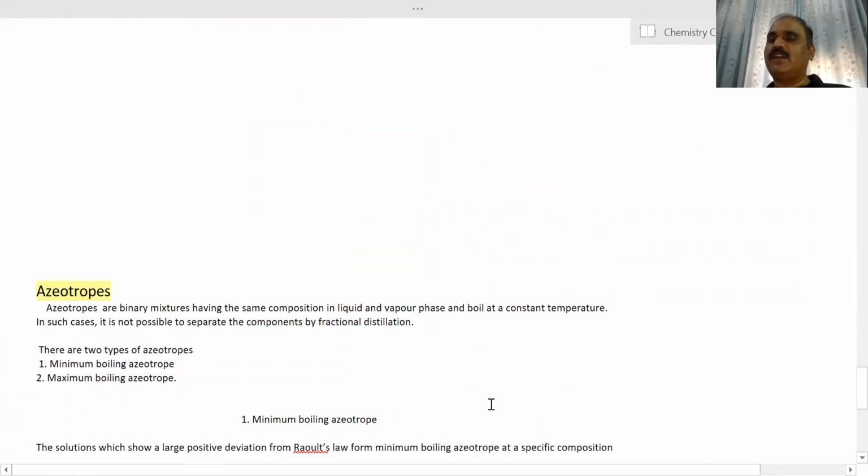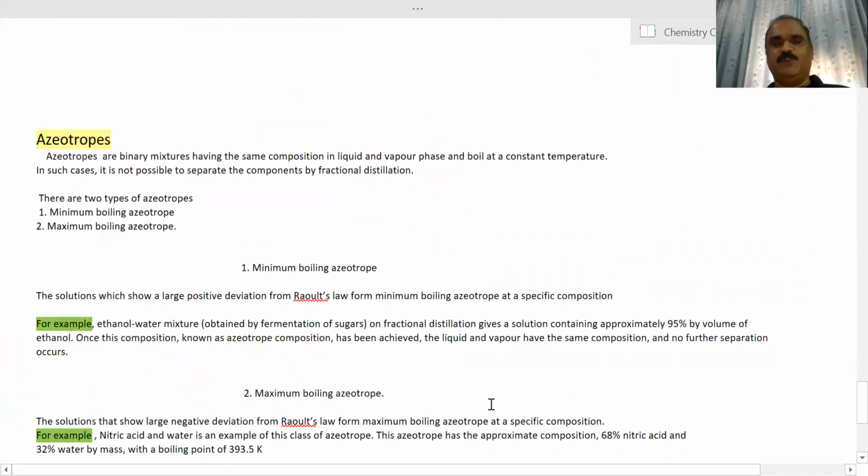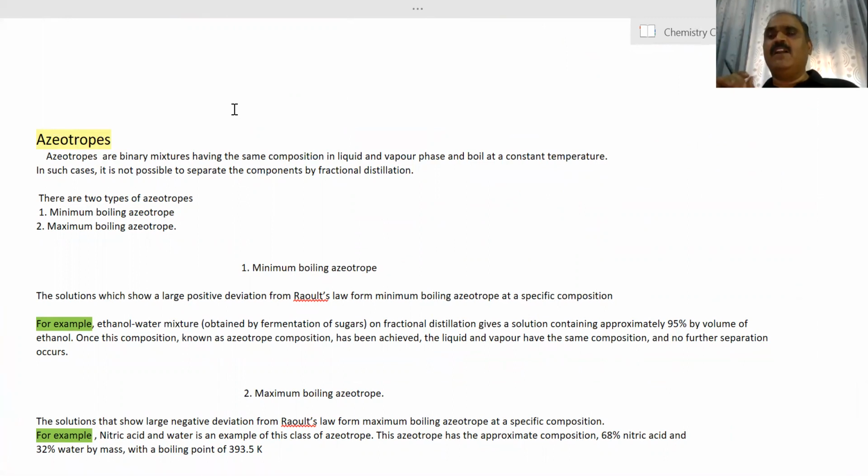Now, third topic of lecture 6 is azeotropes. It is also a very important term. You must learn it. So what are azeotropes? You know, when we boil something, what happens? For example, I have saline water, brine. When NaCl is dissolved in water, that solution is called brine, B-R-I-N-E in chemistry. But in common life, it is called saline water, namkeen pani.